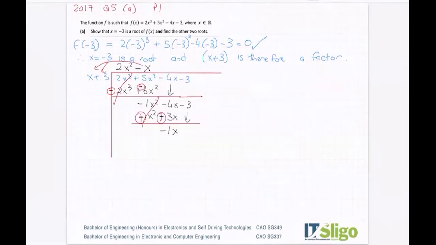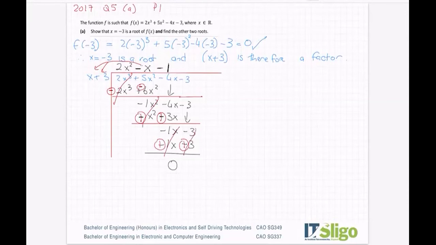and they do. So minus 4x plus 3x is minus 1x, and take down the minus 3 as before because we haven't used it. And we repeat the process again. What do I multiply by x to bring it up to minus 1x squared? Well, I definitely need the minus and I need the 1. Okay, don't forget the minus 1 up here because you need something to multiply by x and 3 to put the answer here and get your remainder. And then multiply it. So minus 1 by x is minus 1x, minus 1 by 3 is minus 3. Change the sign, and of course all cancels to give you 0,